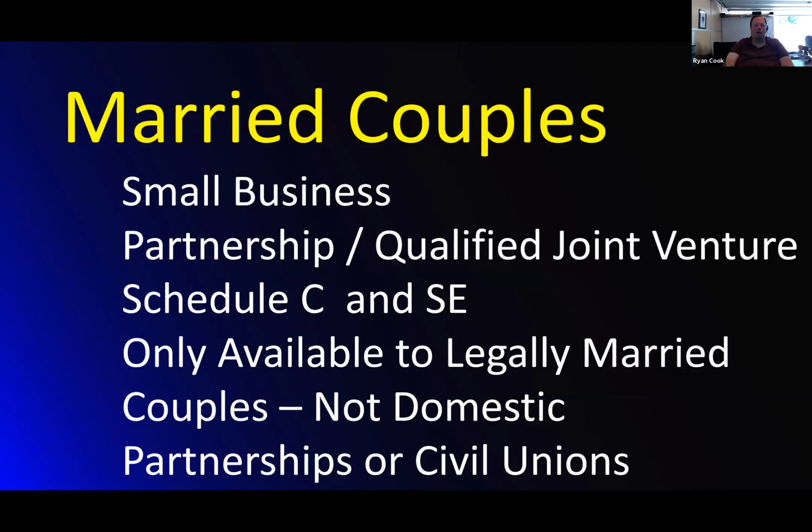Like, Tina and Bob are married. They run a craft business out of their house. Tina puts about 75% into the business. Bob puts about 25% into the business. They had sales this year of $5,000 and costs of sales of $3,000. What would each of them report as their income, as their adjusted gross income, basically, for the business?